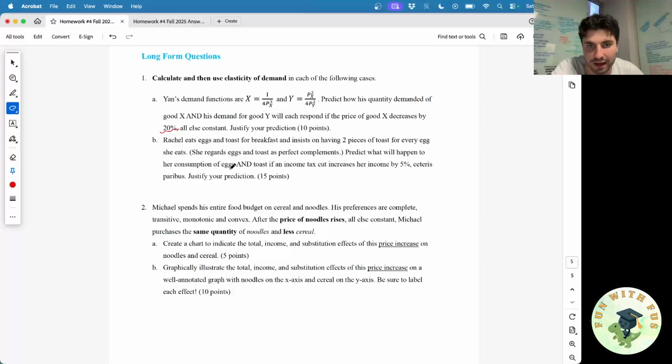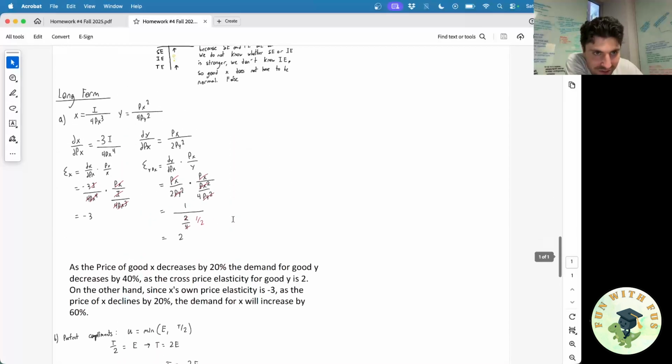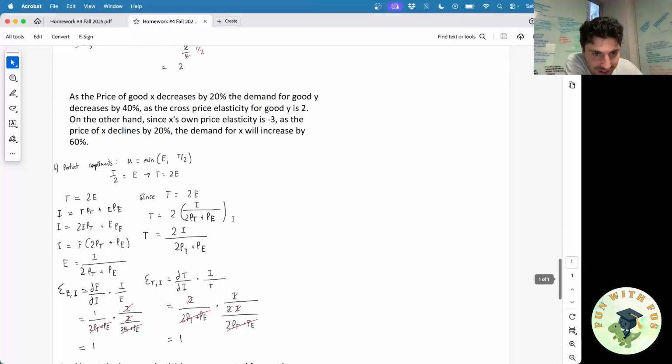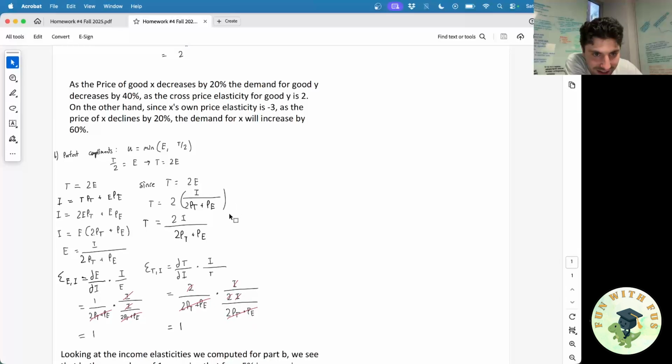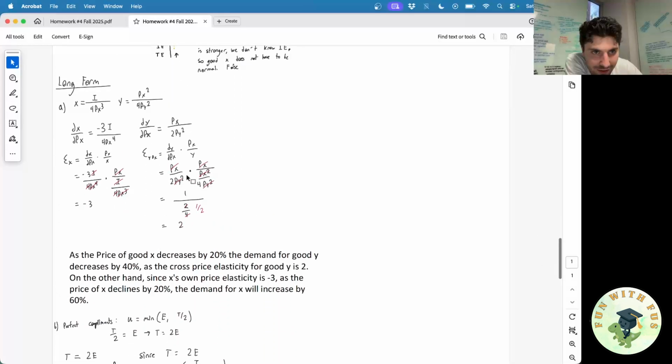So I think in that case, wait, where did that go? Are these the same by ceteris paribus? I feel like that's a specific term that I think means the same demand function, but I'm not entirely sure. So I'll go see, but I think basically what that's asking for is to go find the demand function. Okay. So as I expected, the long form A, it's just the same, find the demand function,